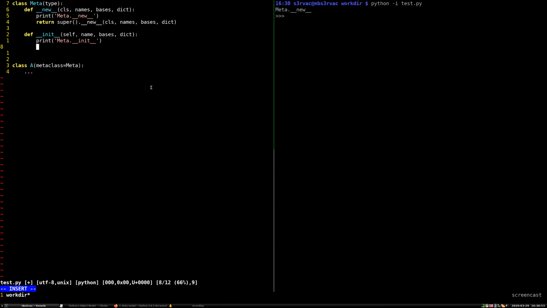I can't think of an example where I would overwrite init or write my own init. Usually new is just enough. But if you need, you can just overwrite init and put whatever you need there. Then of course, generally, you should also call the super implementation of init